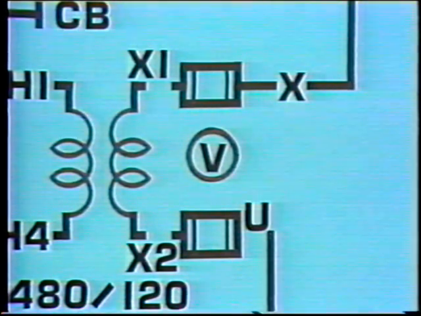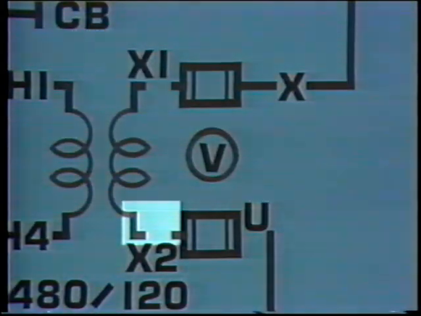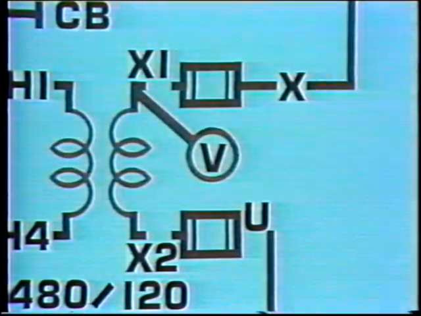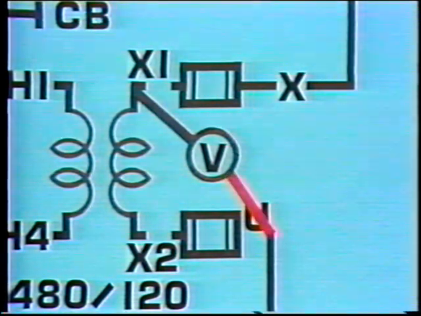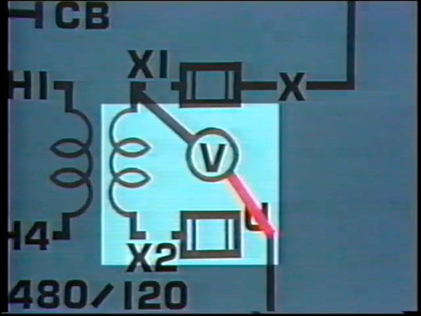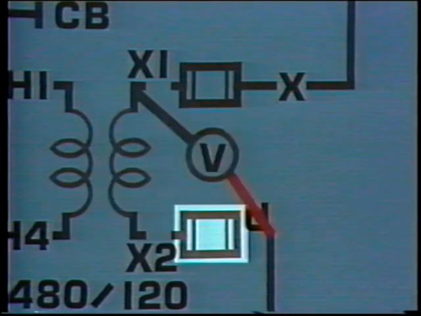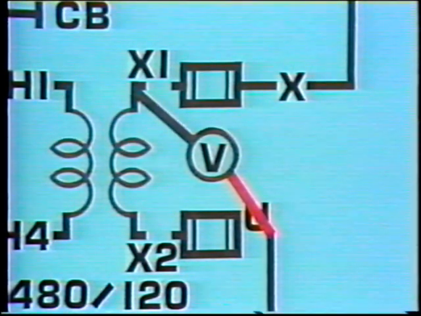From his previous readings, he knows that voltage is reaching the fuses from the electrical power supply at these points. If he places the probes of his voltage tester at the input of this fuse and the output of this fuse, he will get a voltage reading for this part of the circuit. He will also be reading voltage through this fuse. If voltage is not present, it means that the circuit is incomplete, that an open exists in the fuse and voltage is unable to reach the control circuit through it. If voltage is present, there is a complete circuit and voltage is able to reach the control circuit through the